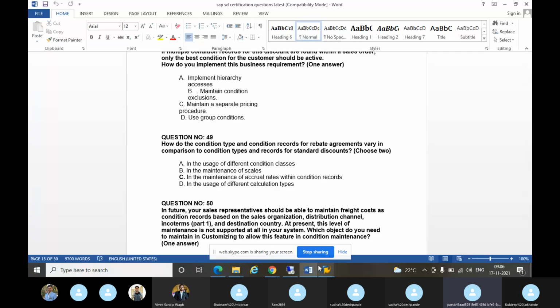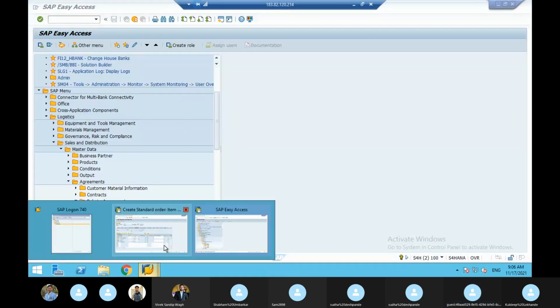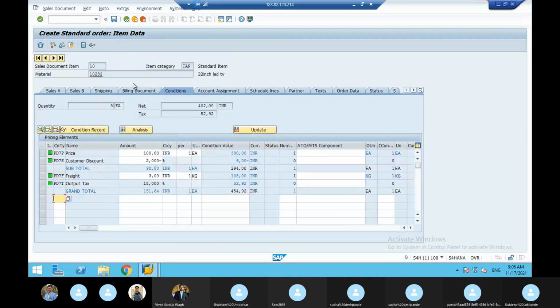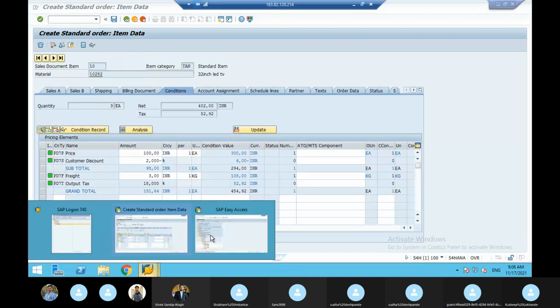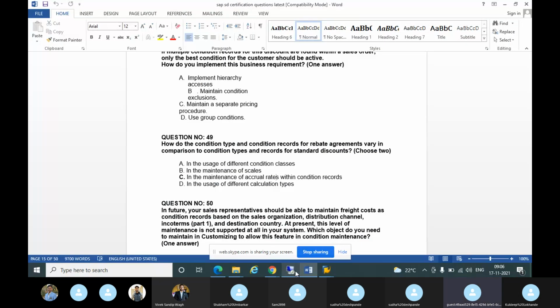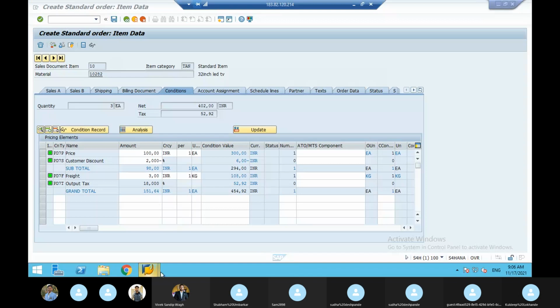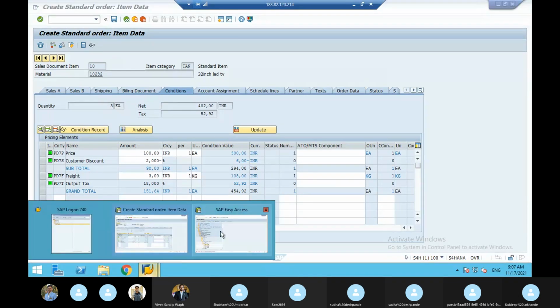So just now I showed, accruals are there here in the rebate. Where is that? Okay, that is here.